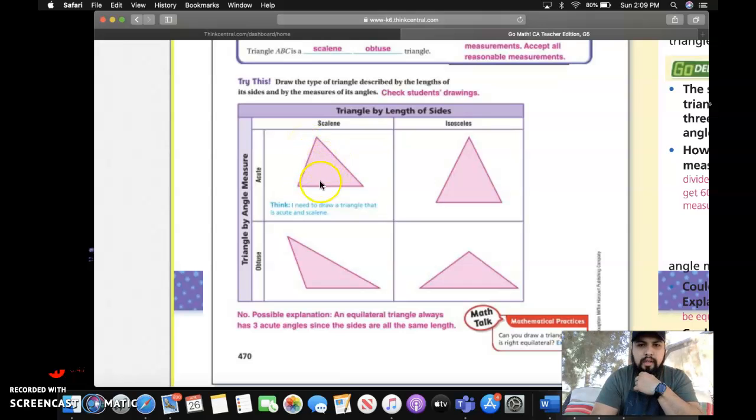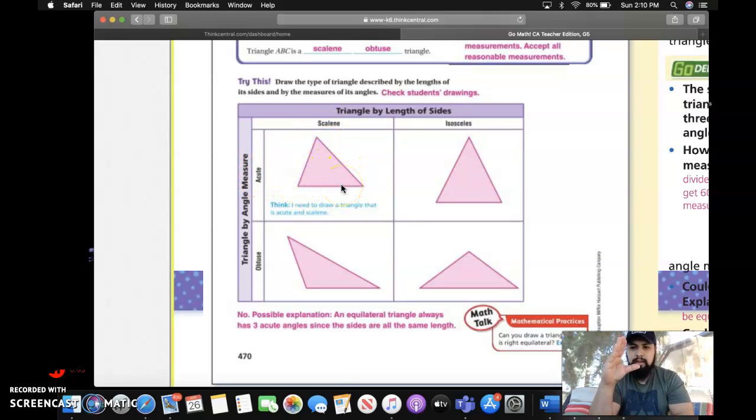So a couple things you could do are label it. You could say that this is 6 centimeters, this one's 5 centimeters, and this one's 4. Or you could do 3 tick marks on here, then 2 on this one, then 1 on that one. That would show that all these sides are different. And it's acute. You could see that all of these angles are less than 90 degrees, making it a scalene